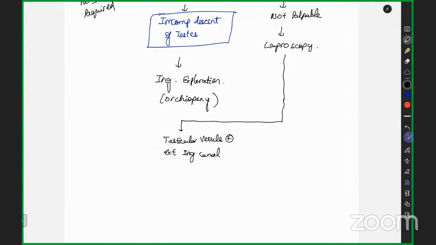So what you do is, you're going to perform an inguinal exploration, that is orchiopexy. Okay? Now, second scenario is your testis is